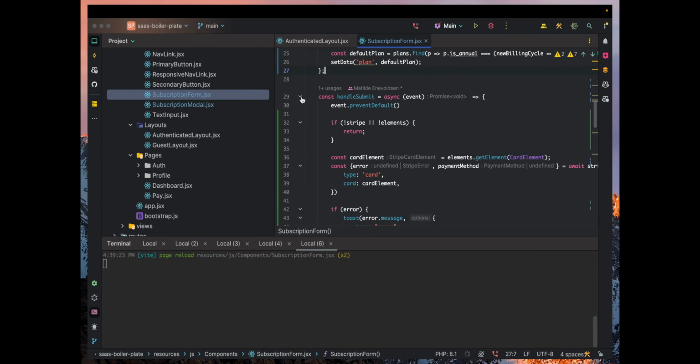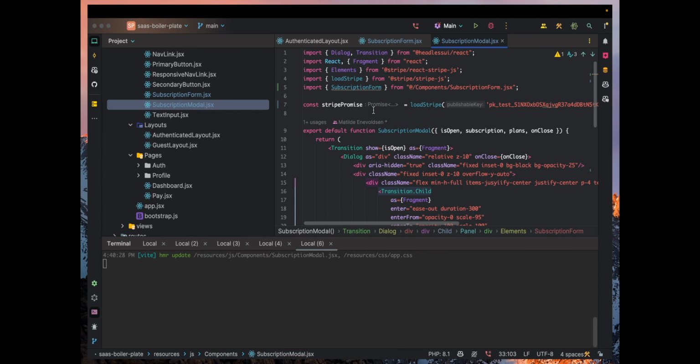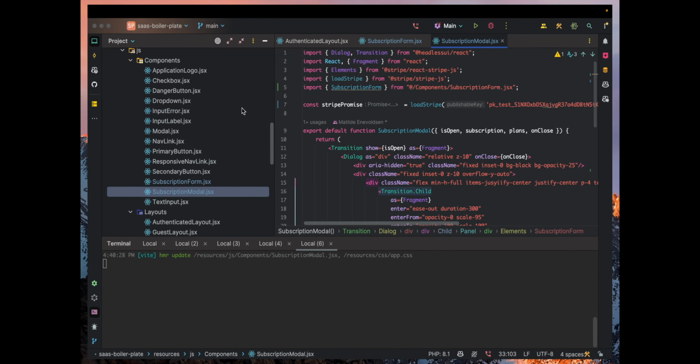So let's go in and say import, and in this case I'm going to say import subscription form from component subscription form. I'm going to pass through this here, and in here I want to pass through the plans as plans, and I want to pass through subscription as subscription, and I want to close it. This may give an error, by the way. Okay, so this is not working, so that's because we need to say inside,